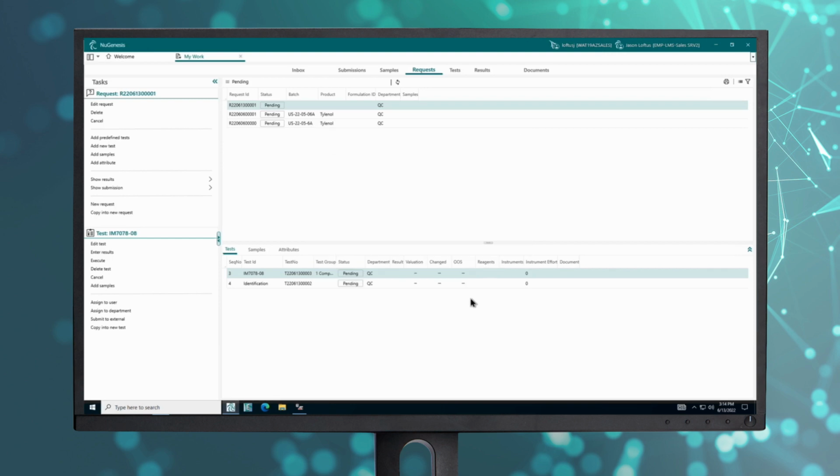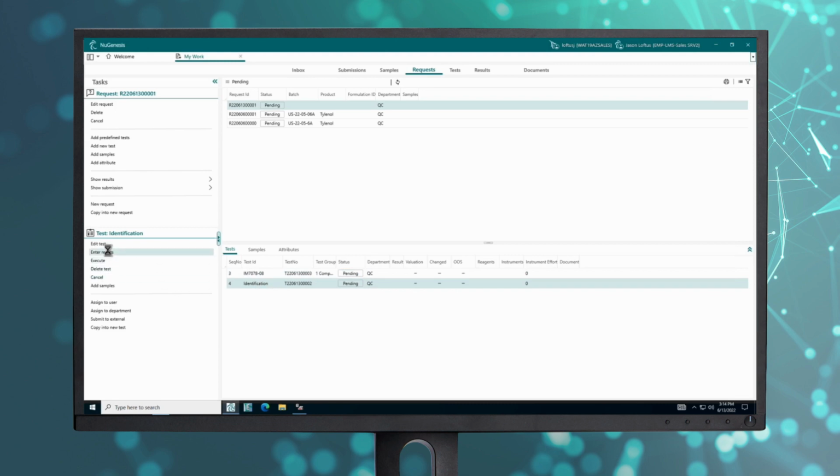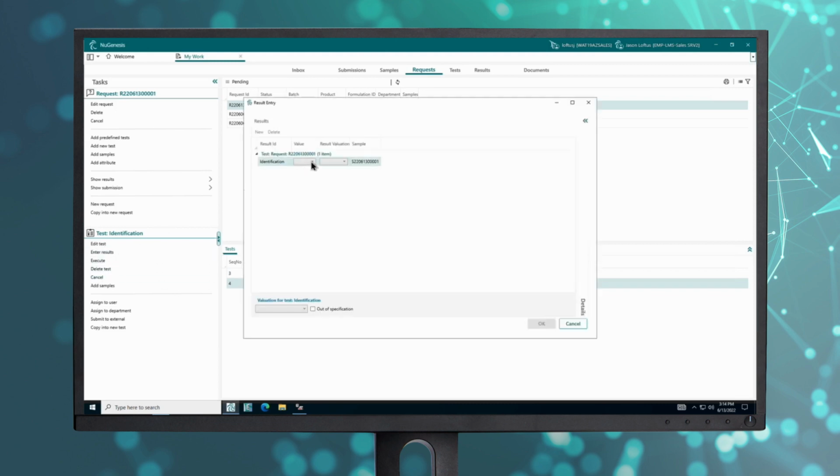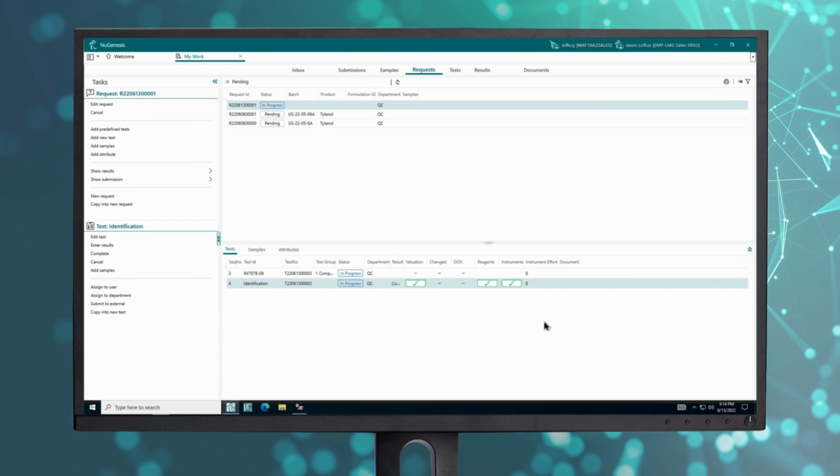For this demonstration, we are going to execute two types of tests. The first test that we will run is a simple manual result entry test. Capturing this type of result is very simple to configure and can easily extend the capabilities of Empower LMS to record results from other non-Empower systems in the laboratory. Once we are done with that test, we will set it to completed and finished. For demonstration purposes, we've given ourselves permission to review and approve our own results. However, you can configure the review sequence within the system according to your company policy.